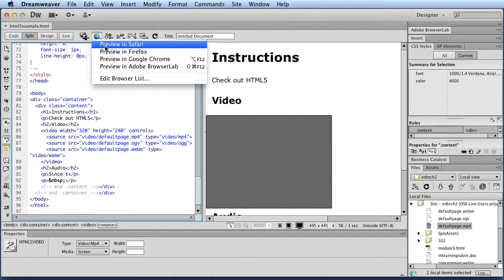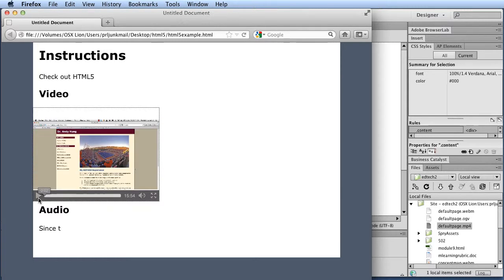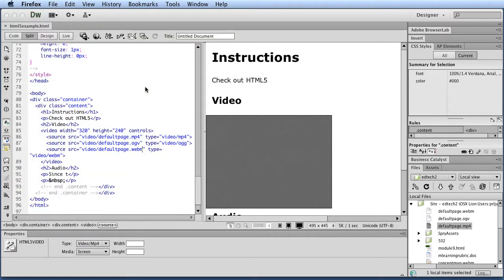So I'm going to preview it in Firefox. And you'll notice that here it is, and if I click play, it works fine. So you'd want to test this in every browser that you can, and you ideally would also test it on an iPad or an iPhone as well to see that it works there. But ideally you want to test on Internet Explorer 9, Safari, Firefox, and Google Chrome, and probably Opera as well, just to cover all of your